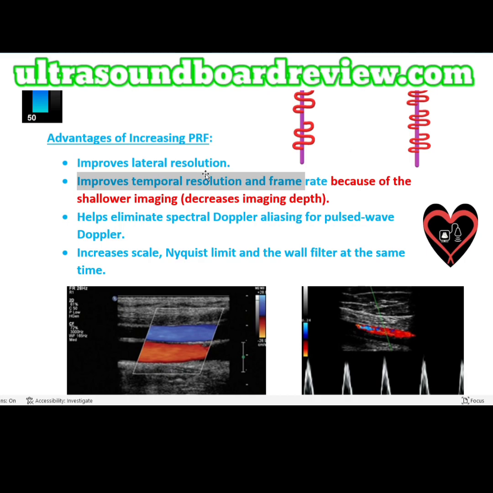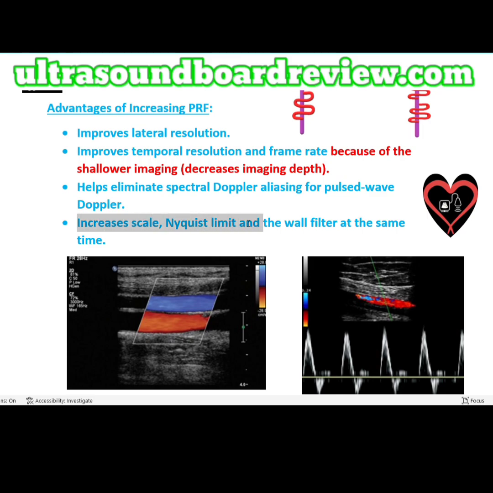It improves temporal resolution as well as frame rate, because when you increase your PRF, you're imaging in a shallower region. This will decrease your imaging depth. But keep in mind, you're not actually decreasing the depth. The PRF depth is decreasing. It helps eliminate spectral Doppler aliasing for pulse wave Doppler, and it increases scale, Nyquist limit, and the wall filter